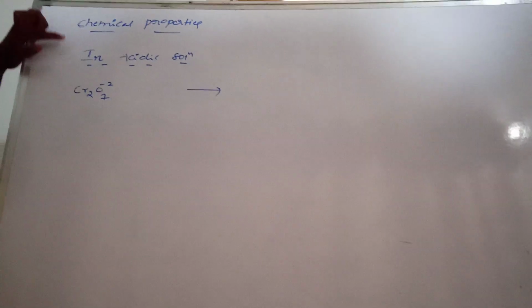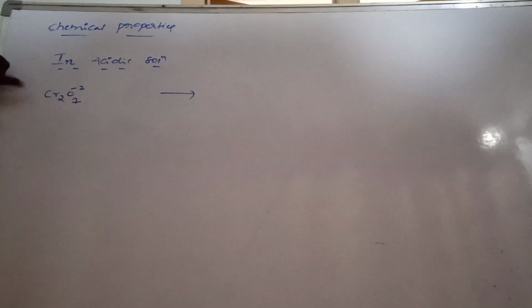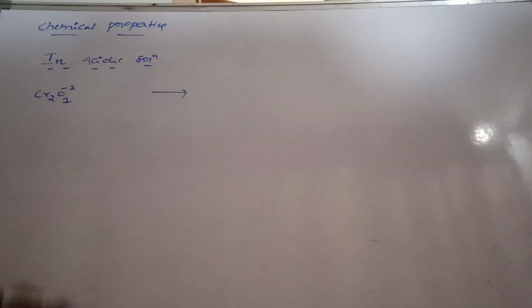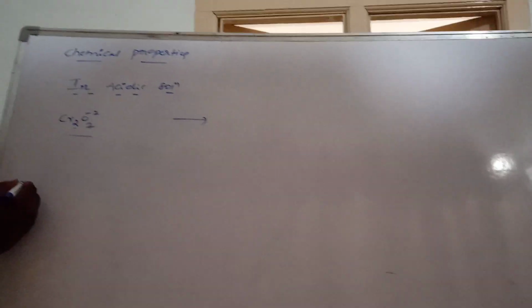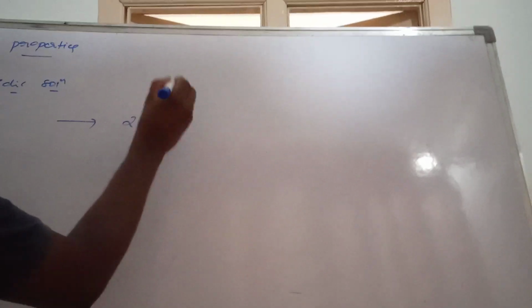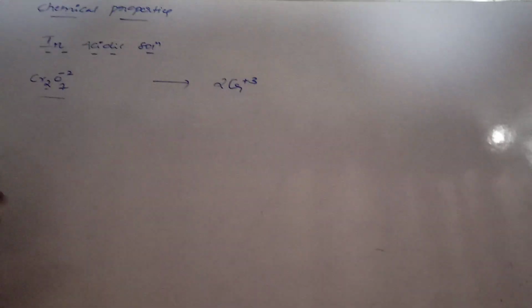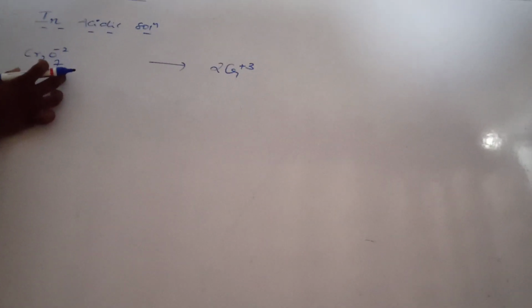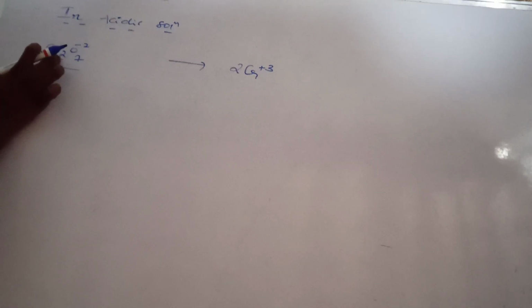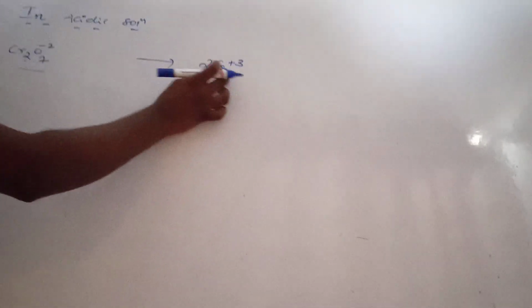Chemical properties, I am discussing in acidic medium solution. They gave dichromate ion. Dichromate ion in acidic solution, Cr2O7 power minus 2. Here how many chromiums are there? 2 chromiums. Immediately we will write 2 moles of Cr power plus 3. This and all, by practice only you will get it fixed. Dichromate they are given. How many chromiums are there? 2 chromiums. The 2 chromiums you will write here. The charge plus 3 you will write.